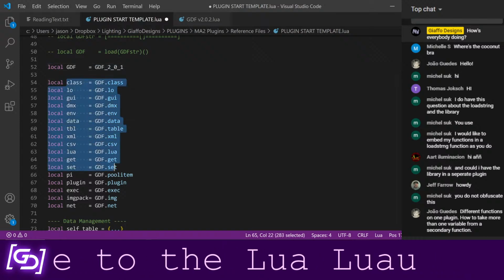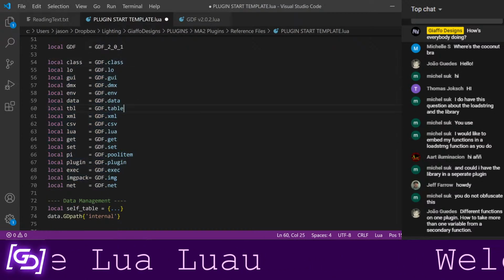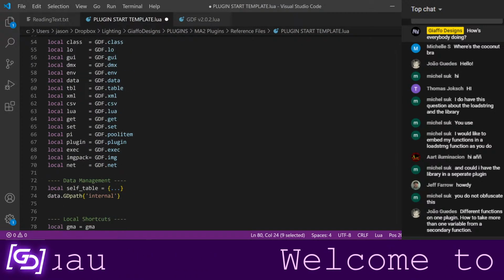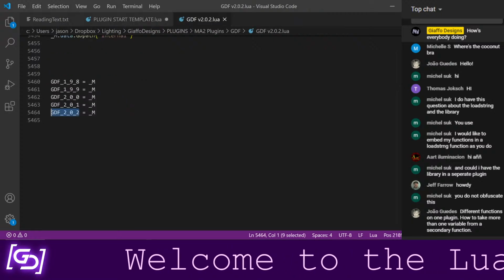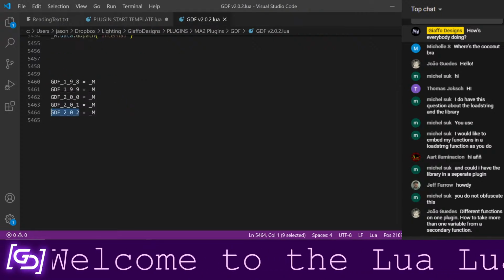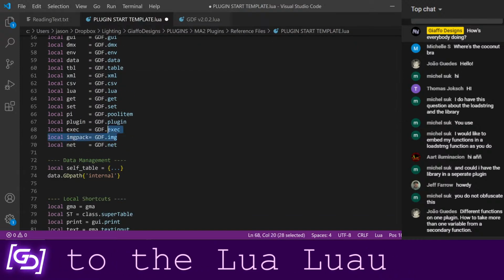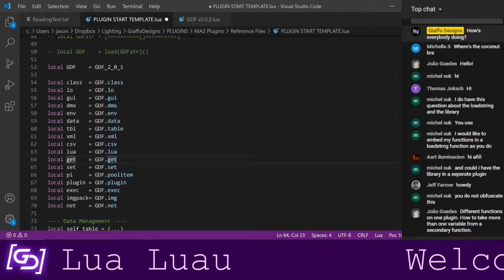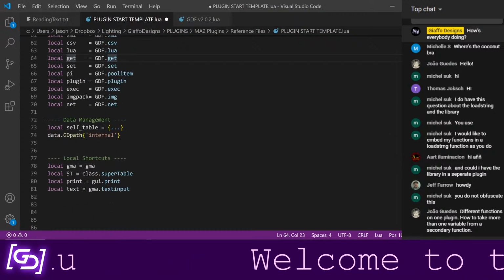And then I've broken out the subtables from there with local variables, so that I have quick access to them. For example, GUI.print comes from the GUI table, which comes from that GDF library, which lives in this 5,500 line plugin. So moving down the list, these are all just declaring quick access to some of those things, so I'm not typing GDF.get.Whatever, it just lets me type less as I'm going along.